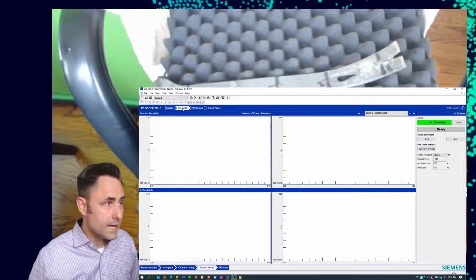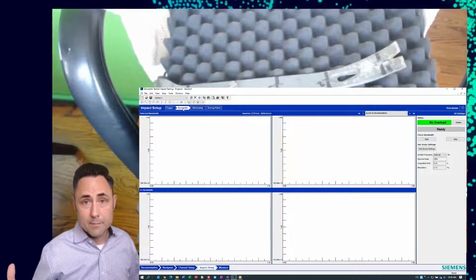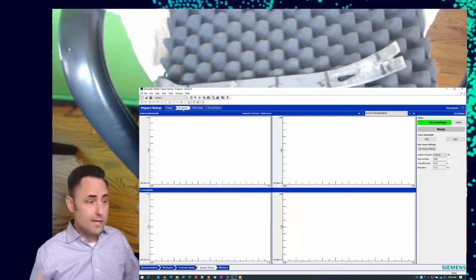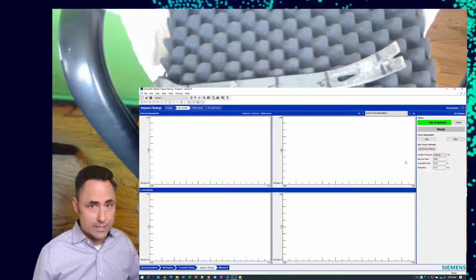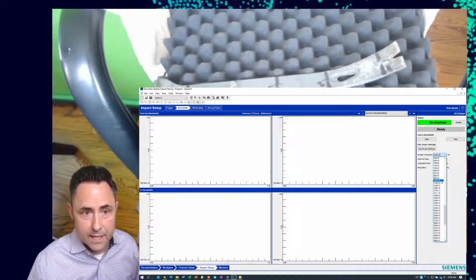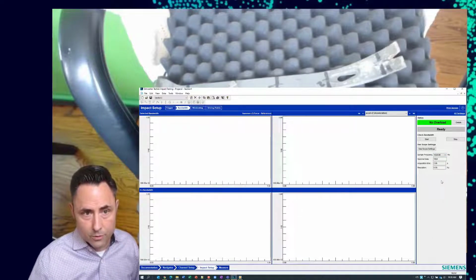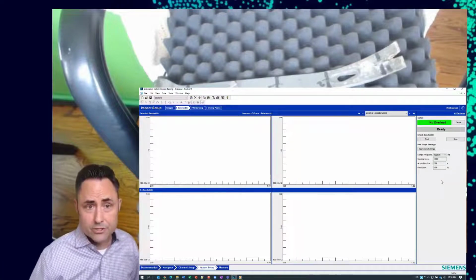I move on to bandwidth, and this is going to specify how big I want my bandwidth and frequency to be. If I'm doing an exhaust system for an automotive application or a steering column, I don't need really beyond 100 hertz, and so I might change my sample frequency to be something like 1024. So now this will get me a bandwidth out to about 500 hertz or so. That's going to be more than enough for most big heavy structures.